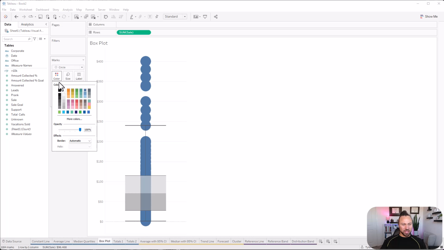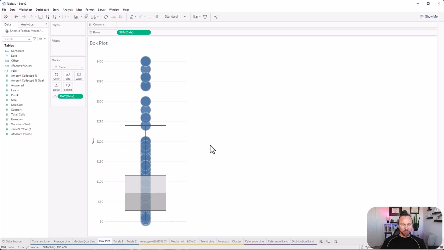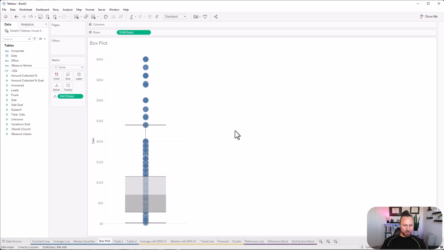And I also like making this a little border and then some transparency so I can see the concentration some. All right, and you can see a lot more going on. Let's decrease this size a little bit. All right, so what this is saying, these dots are all the different days, every day what